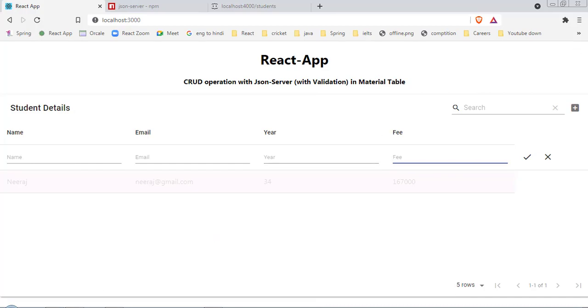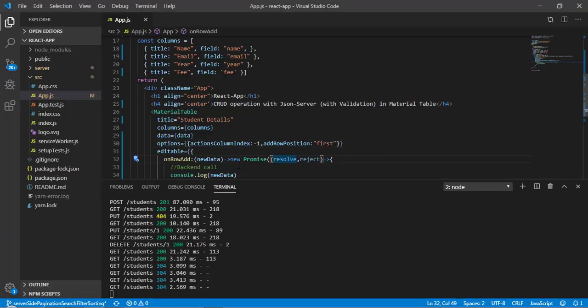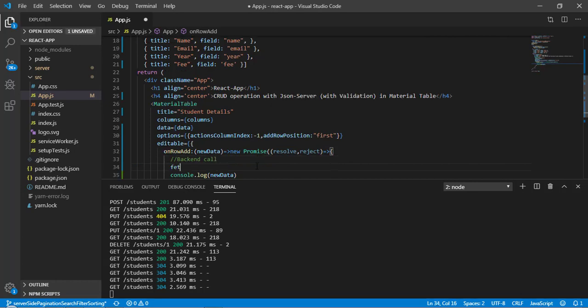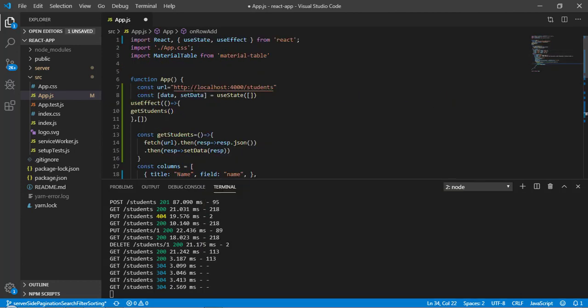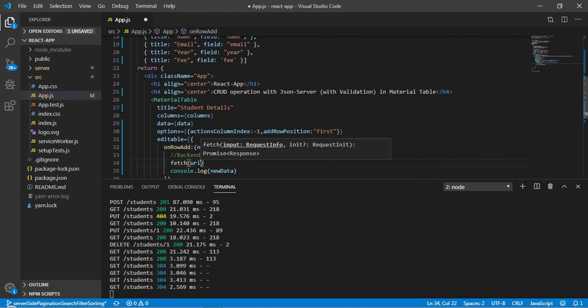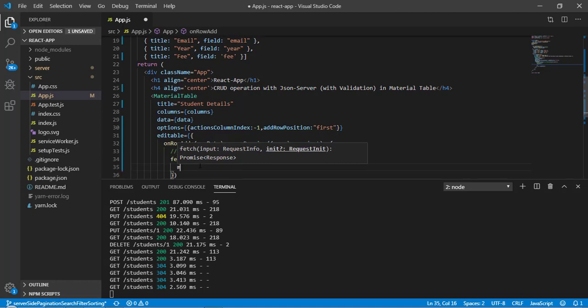Okay, so now let's come back here, and now our task is to make a backend call. For that I will write fetch. Okay, and I am going to call this URL. So URL, and this URL we have already hard coded here at the top. Now we have to pass a second parameter as well, because we want to pass method as post here. So comma, curly bracket, and I can pass here method and here post.